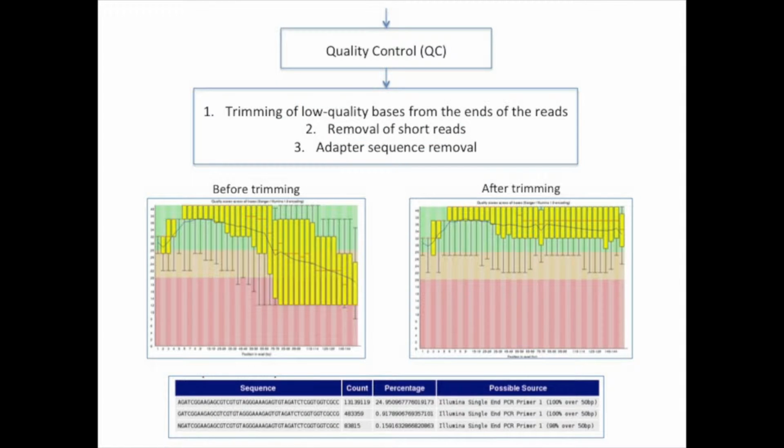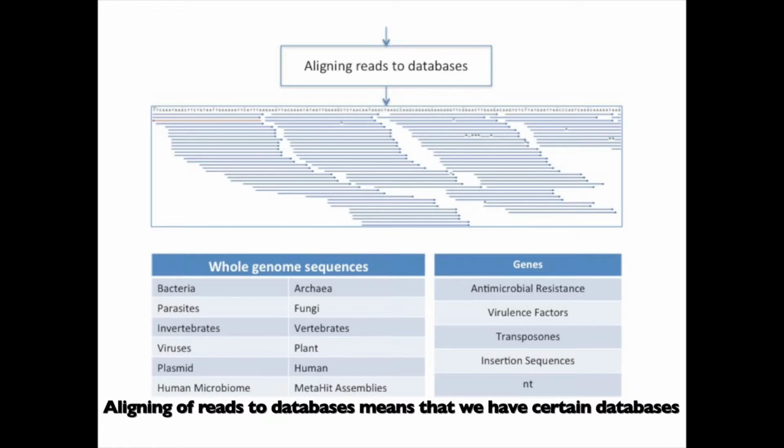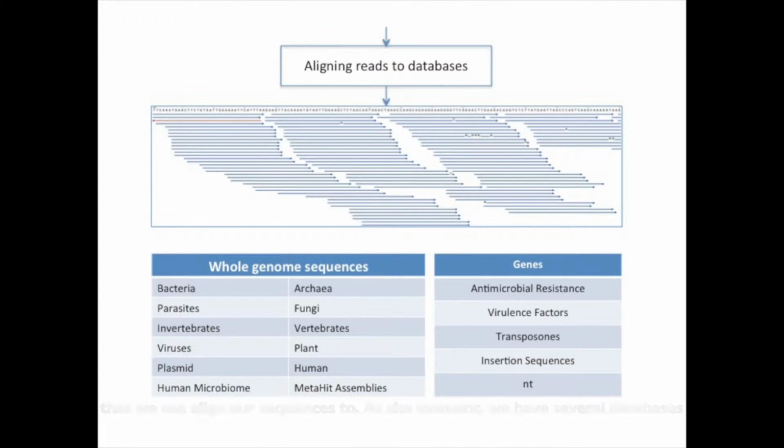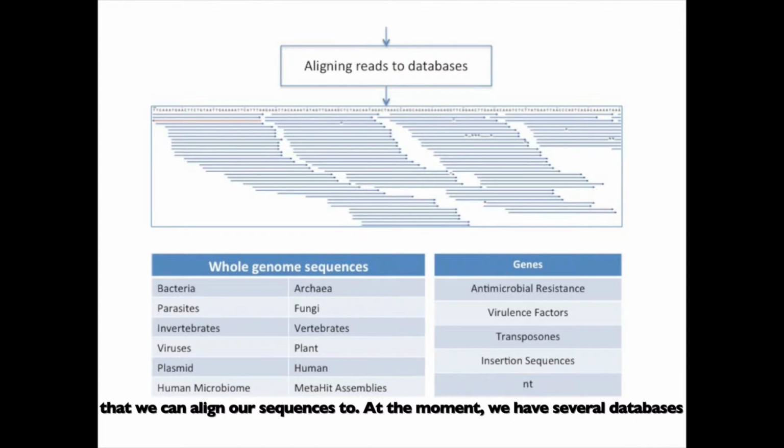Quality control step includes the removal of adapter sequences, trimming of low quality bases from the end of the reads, and further removal of short read sequences. Aligning of reads to the databases means that we have certain databases that we can align our sequences to, and at the moment we have